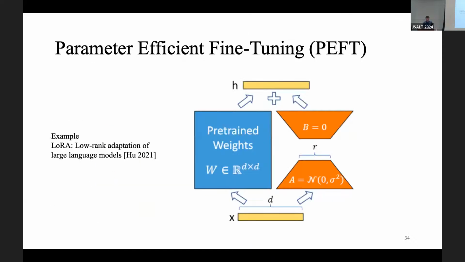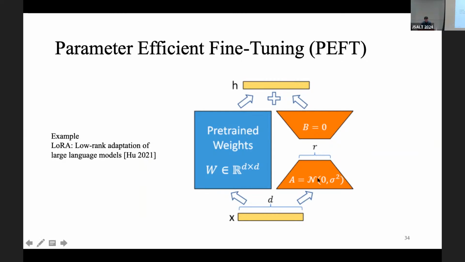All right. And then finally, this is something that people might use. Once you have the large language model fixed, maybe you want to use it for your own task. You can do something called parameter efficient fine-tuning. And this actually is a whole set of techniques. One example is this thing called LoRA, where